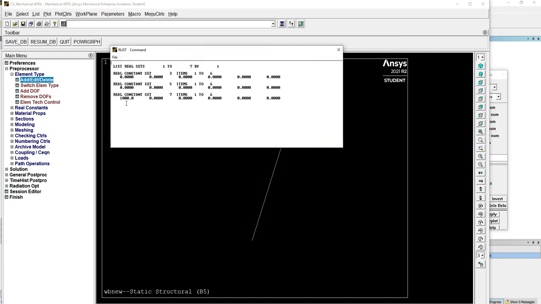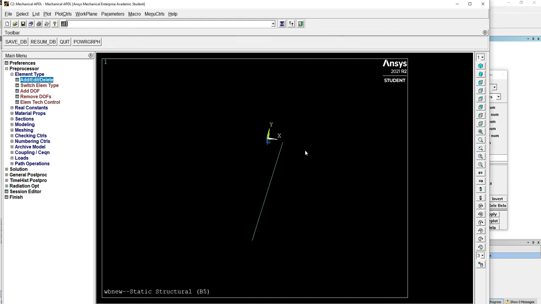So when we hit the command RLIST, we can see that the real constant set ID is 7. So that was actually being used to define the real constant number for this Combin14 element. And because we are only defining the K, you can see the 1000 value is there. Okay. So these are the different ways in which you can explore what is actually being done internally.